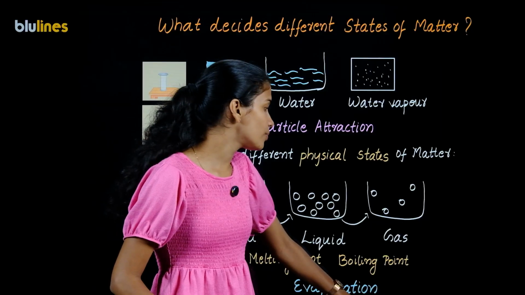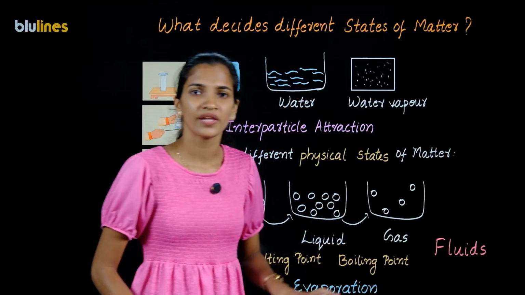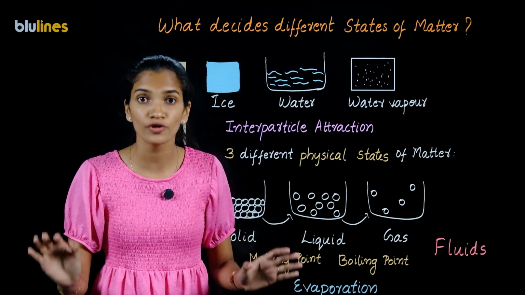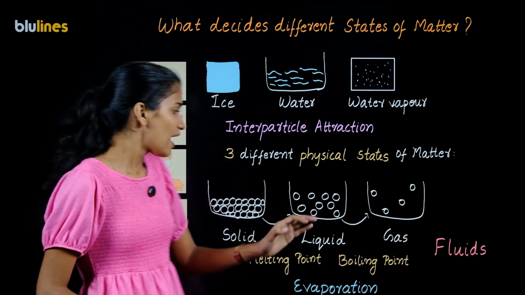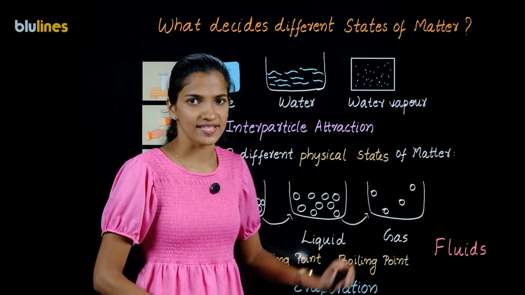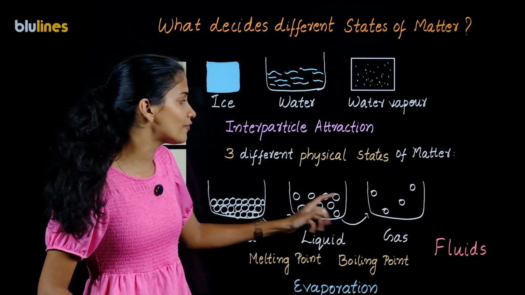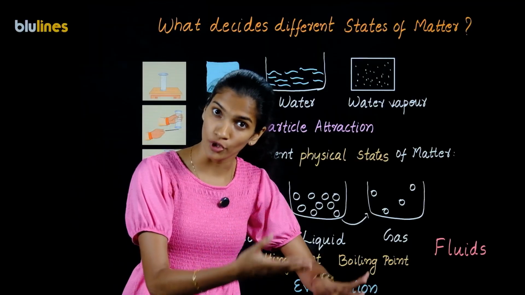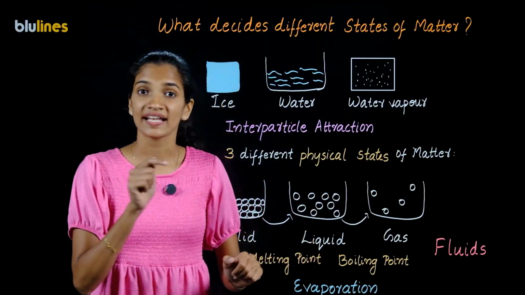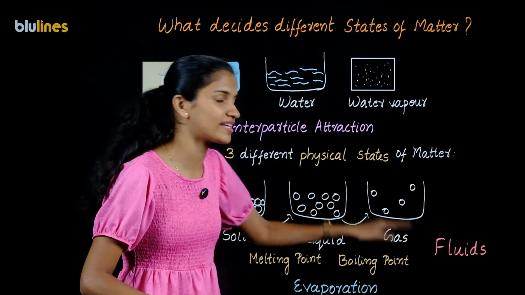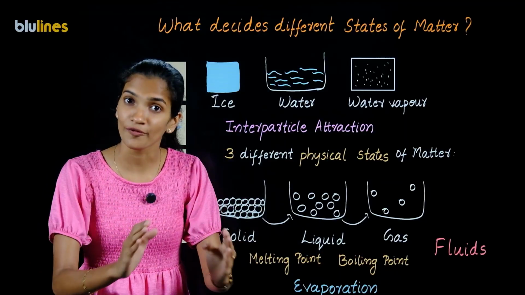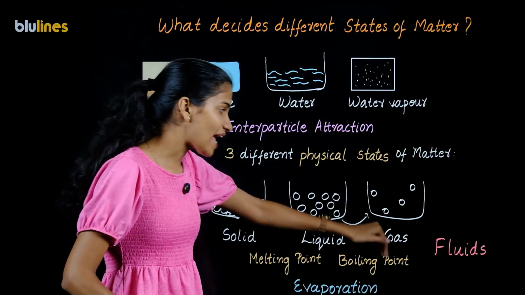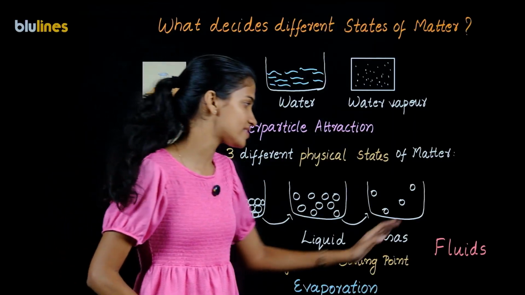Also, now you have to be aware of the term fluids. From the name itself, you can understand that anything that can flow is known as fluids. When you analyze liquids and gases, as the interparticle force of attraction between them is weak, it is possible for them to flow as well as move. And that is why both liquids and gases take the shape of the container in which they are kept. So, liquids and gases together we call them fluids.